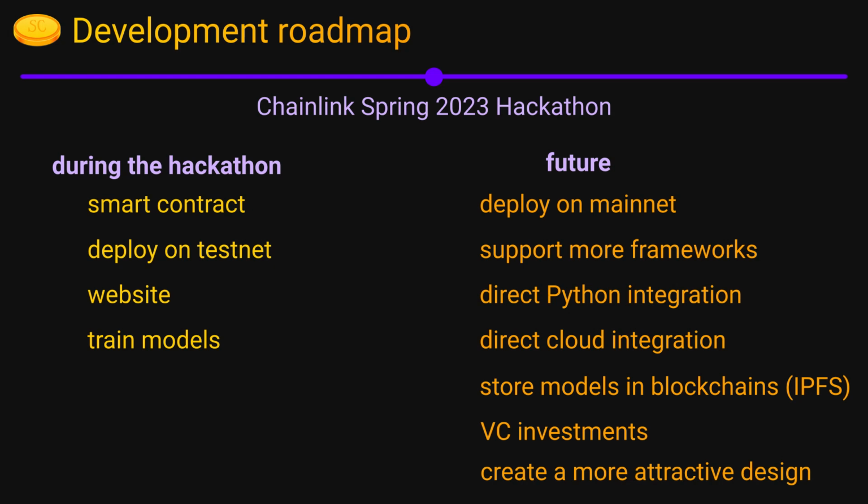To support more frameworks, we plan to offer direct Python integration and storing models in blockchains like IPFS-based ones. We also plan to make direct cloud integration. We plan to search for VC investments since we believe Silicoin is a real game changer in the deep learning